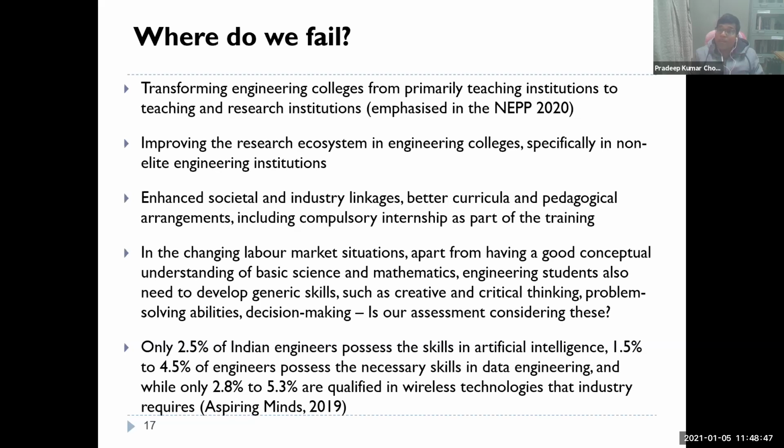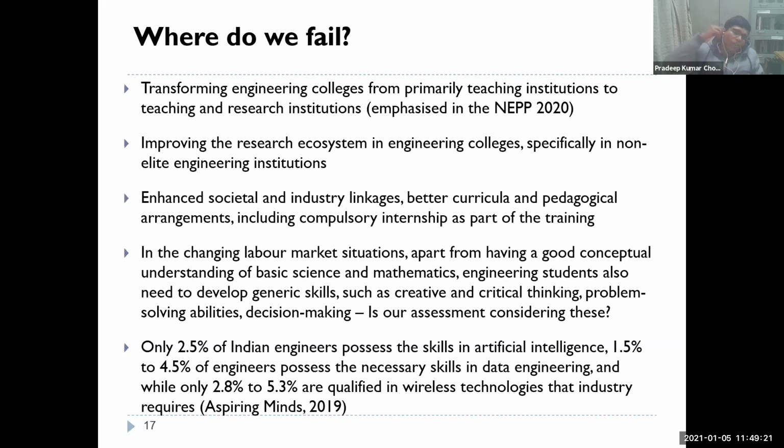But the question that I am trying to raise is, is our assessment considering these? We are focusing on assessment, but is the kind of assessment that we do focusing on these skills? The study again I did in Delhi, of engineering graduates, shows that the assessment is largely on end-term examinations. Even if it is a practical-oriented discipline like engineering education, still we go for end-term exams and paperwork, that we do in other social science disciplines. Same thing we follow in engineering as well. We don't find many changes in that, and that actually is leading to the crisis that we see today